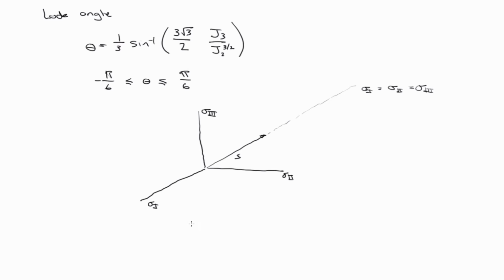So if we get, say, that's radius xc. Then from there we have a right angle with some radius r to the point in stress space. Then the angle between sigma 3 and that line r is theta, the load angle. So that's geometrically what it is. And theta is controlled by the relationship